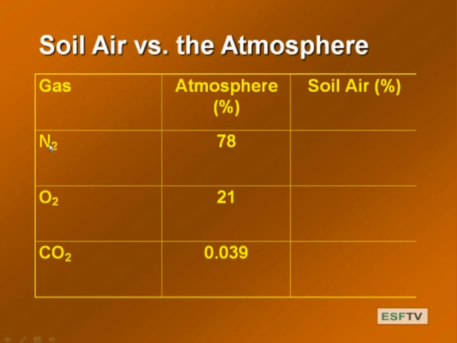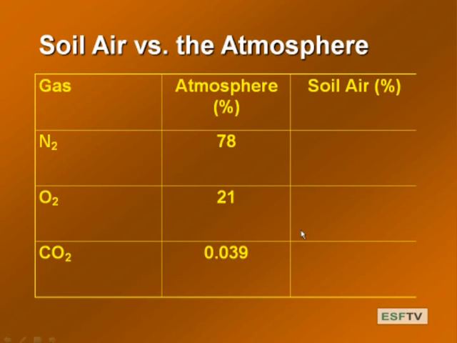There are many others, but nitrogen is about 78% of the atmosphere. It's this inert gas. That's just this triple bond. It makes it very hard to break down. We'll talk later about how to break that down. But for now, it's inert, and it's almost filler. And then oxygen. The oxygen in the atmosphere is about 21%, or 21 liters per 100 liters, the partial pressure of oxygen. And currently, carbon dioxide at 0.039%, or 390 ppm. So that's what the atmosphere looks like.